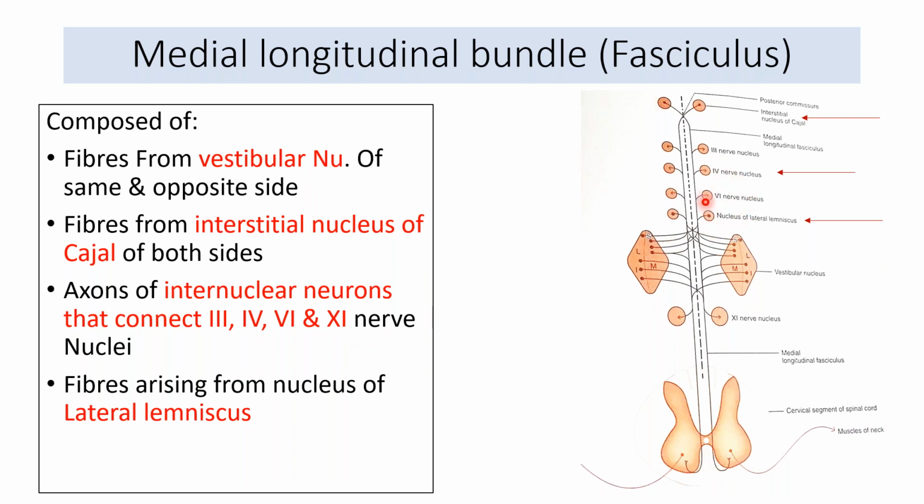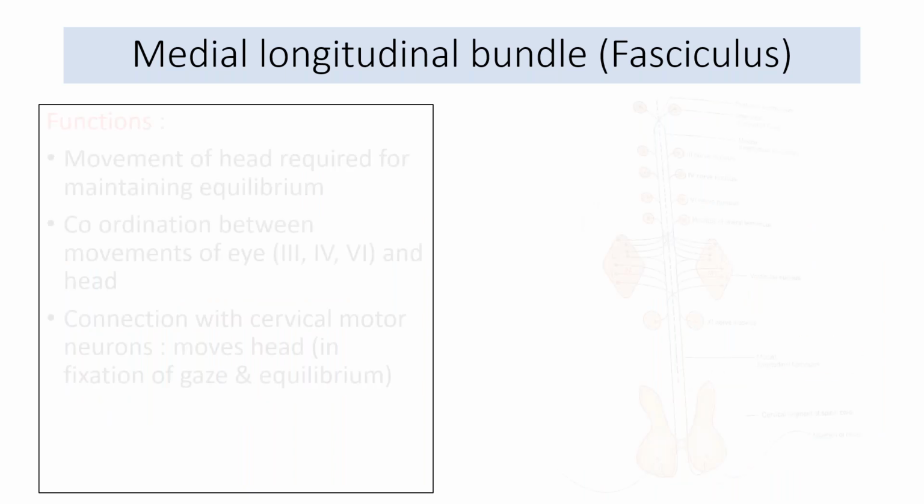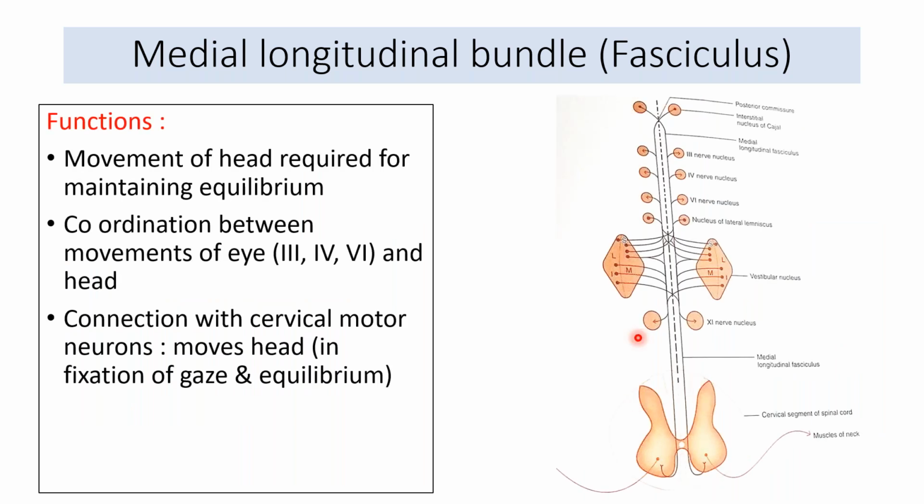in some books have mentioned, but till the level of 6th they are received, and the fibers arising from the nucleus of the lateral lemniscus. So all these fibers are constituting the medial longitudinal bundle, which is paramedian in position throughout. This is how you can see. So as some fibers are ascending upwards and some fibers descending downwards, and finally this medial longitudinal bundle, they are